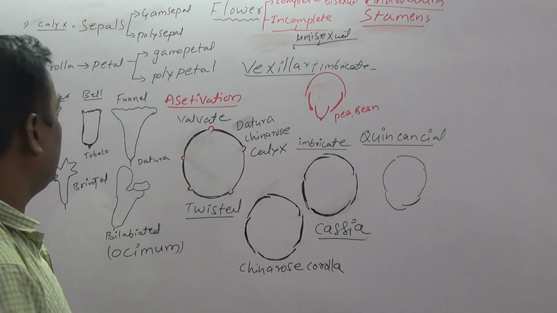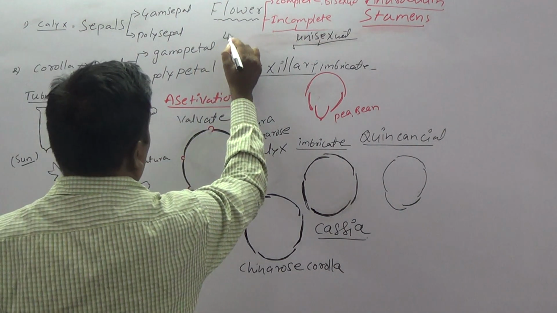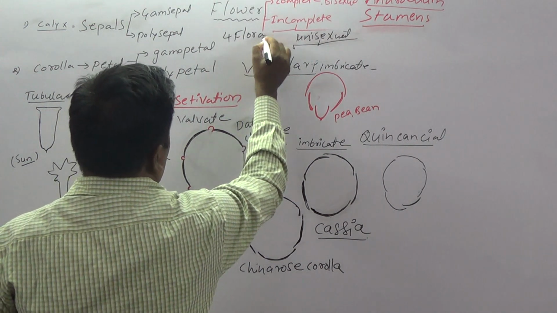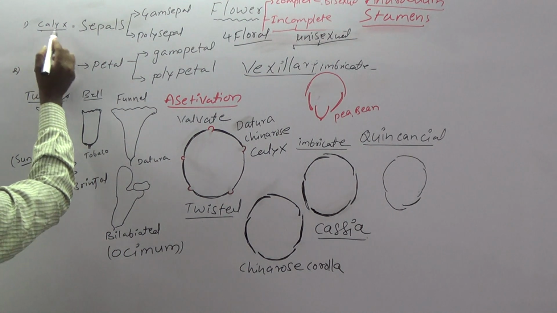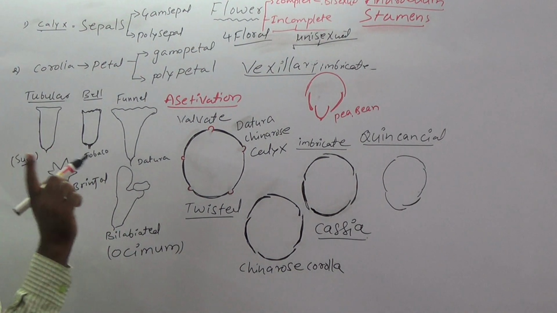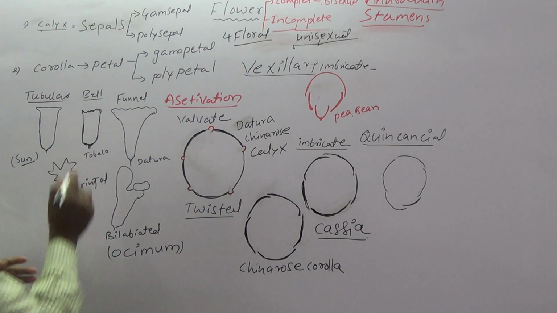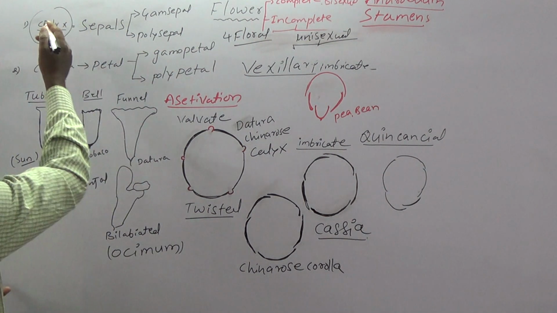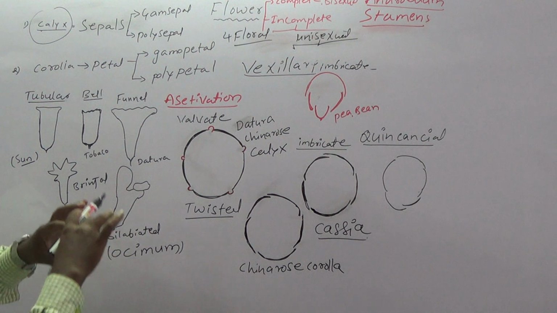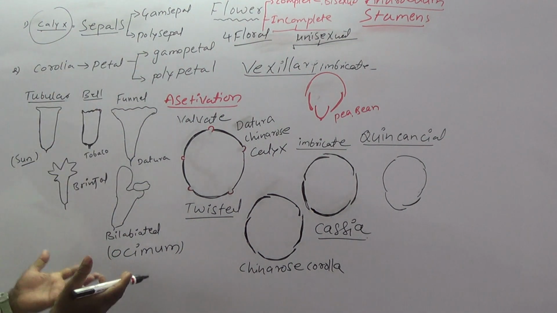It is not very important, but we discuss the different types of floral parts. So generally how many floral parts are present? Four floral parts are present in a flower. The first floral part is calyx, and it is the first whorl. In the floral diagram, what is its position? Questions are asked in MCET or NEET: what is the position of the calyx in the floral diagram? The outer layer or outer ring, that is calyx. Every unit of calyx is called a sepal.